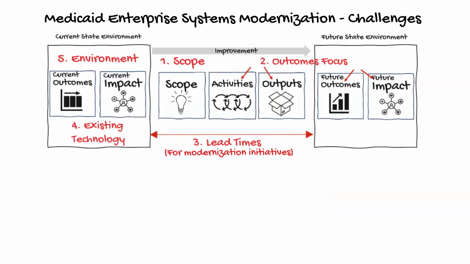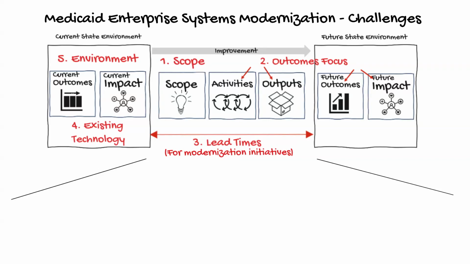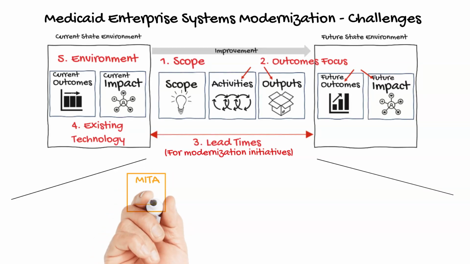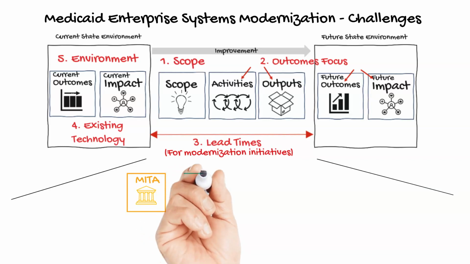Let's start by exploring the governance constructs states must navigate to move from their current state technology to modern future state technology. This includes 4 primary constructs, which may sound similar to governing approaches in other government domains and some corporations. There's MITA, the Medicaid Information Technology Architecture, published by CMS, which includes process guidance to help states assess their current state and identify areas of improvement. MITA also targets goals of standardization across states to incentivize reuse and interoperability between different state IT investments.